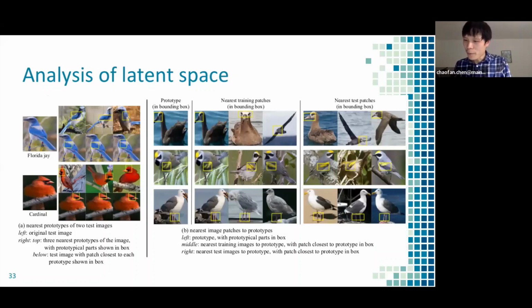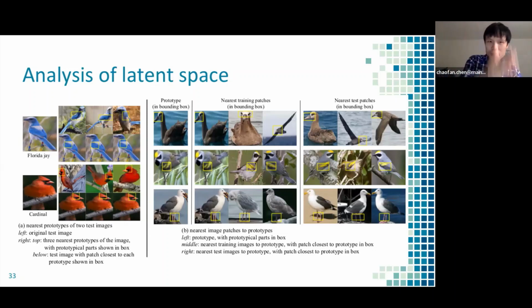Okay, so now we want to analyze the latent space or the feature space of our learned network, because it's an important thing. We want to see that the feature space is indeed well formed, right? Because we don't want to just have the accuracy. We also want to be sure that indeed the examples that are close to the prototype really look like the prototype. That's something we want to show here. So the slide here shows that the latent space or the feature space learned by our network is indeed well shaped. So we have 2 sides of the slide.